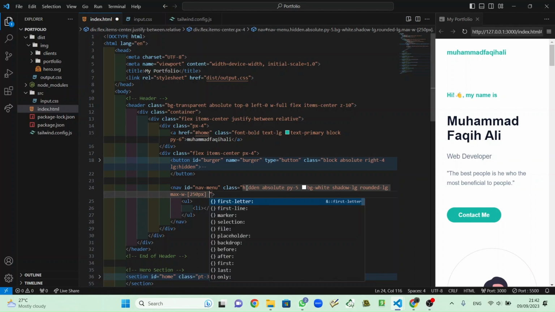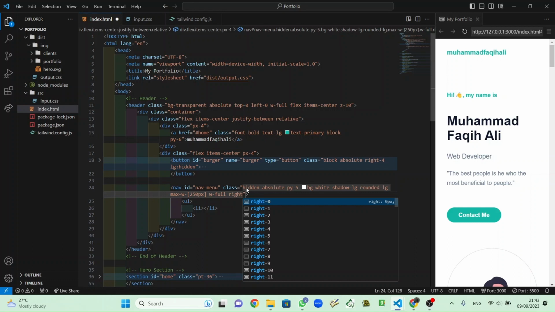Okay, and then I will also add width is full, and then right is 4, and also top full,